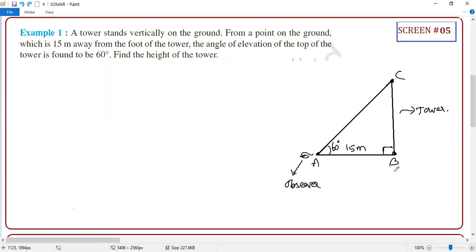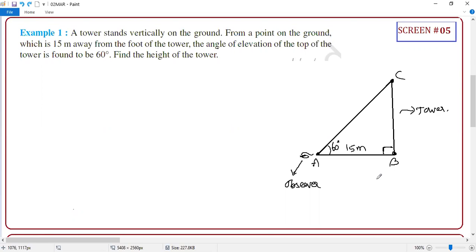Now, I'm asking, can you tell me what is the height of the tower? If you don't know trigonometry, you will say it's a magic. Correct or not? You are not measuring the height. You are going to apply mathematical things and you are going to get the height of the tower. And the beauty is something you are taking through analytically, it will be more accurate than someone going and standing there on the ground using a measuring tape. It is going to give better accuracy than that, student.